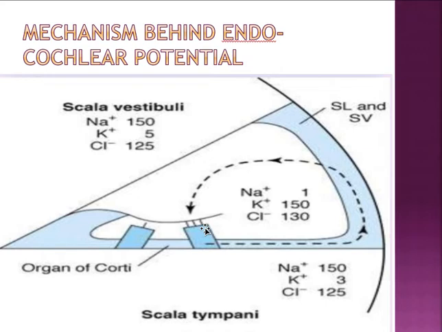And you already know that there is a difference of plus 80 millivolts between the endolymph and the perilymph. The endolymph has a positive potential of plus 80 millivolts. But inside the cell, because of the dipping of the base into the perilymph,